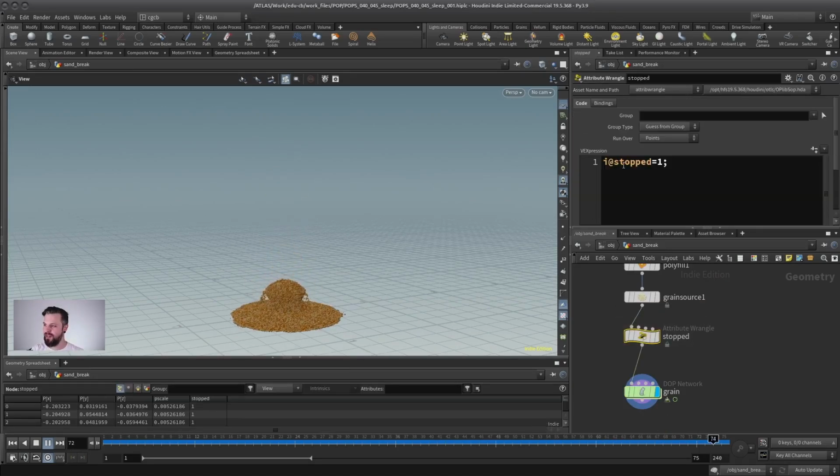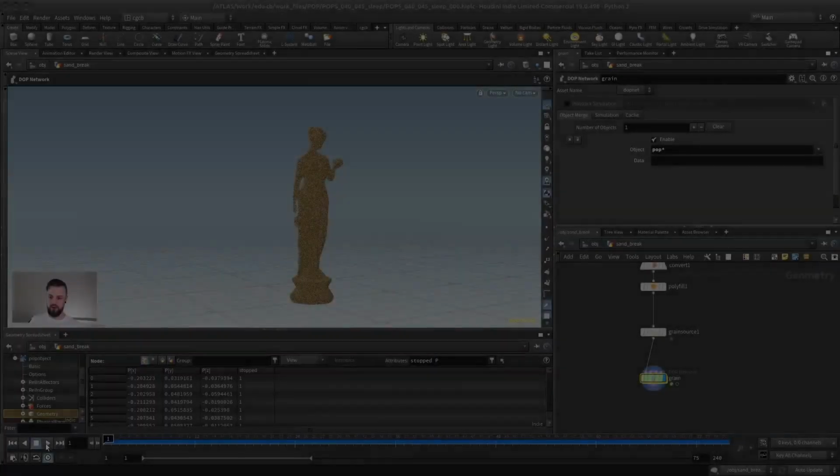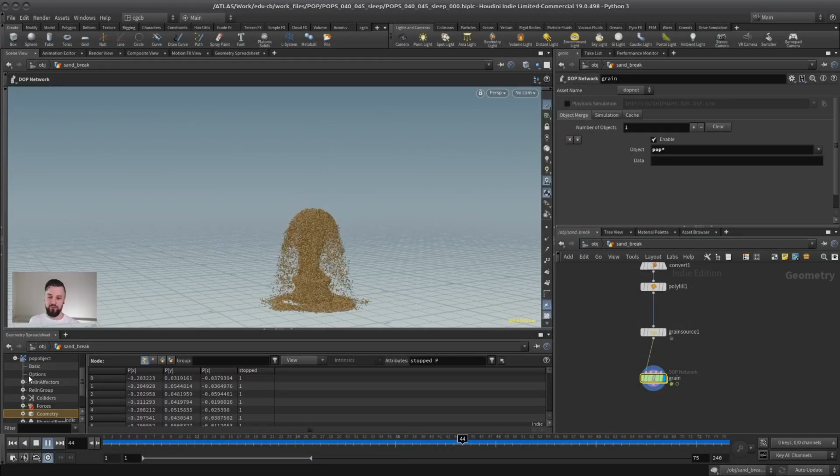All that matters is the stopped attribute that we change anyway, and you can set this yourself and it will have the same effect. So go ahead and build your own version of this, potentially much nicer than my version,